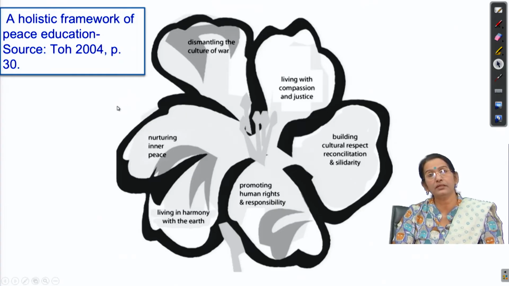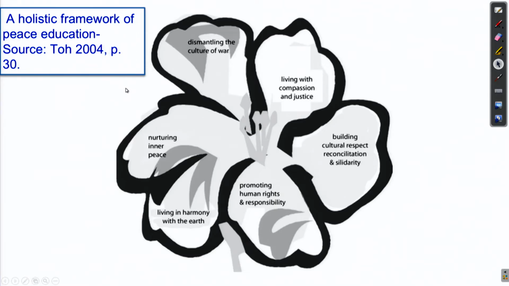Looking at the literature, we found how a holistic framework of peace education was adopted by different academic institutions, and researchers also promoted and advocated it. I am putting one such example, a holistic framework for peace education. Here you can see there are 6 petals, and each petal advocates some of the values, ethics and moral principles which are based on the ESD components and ESD principles, so that we can develop it and integrate it in our curriculum and pedagogy. These are the principles of peace education which have to be incorporated in our